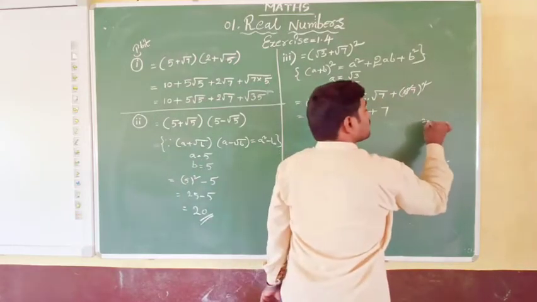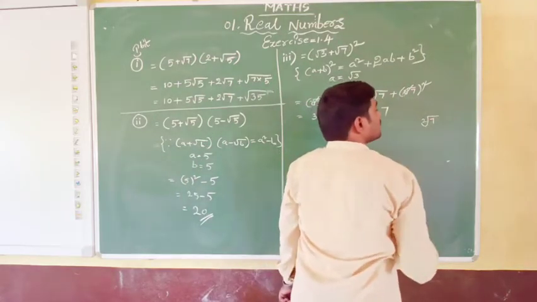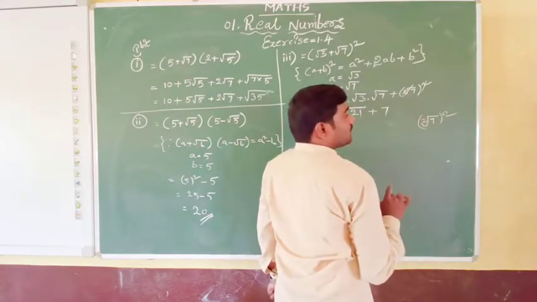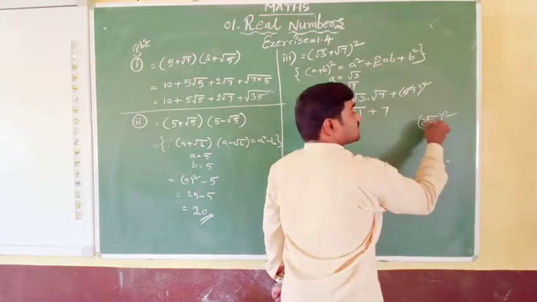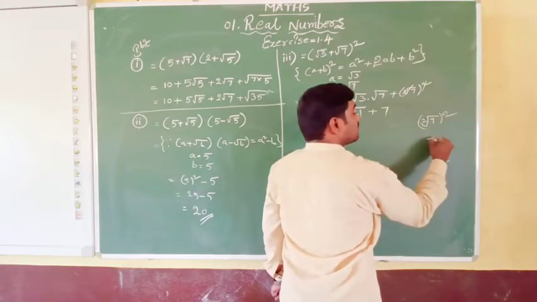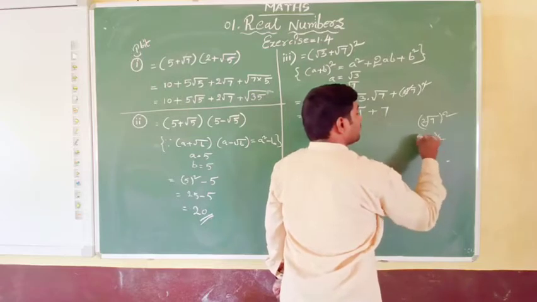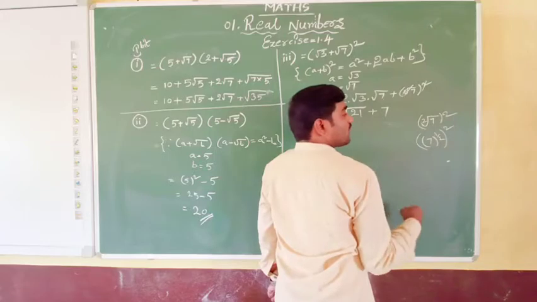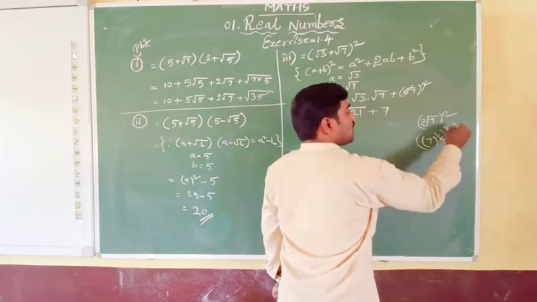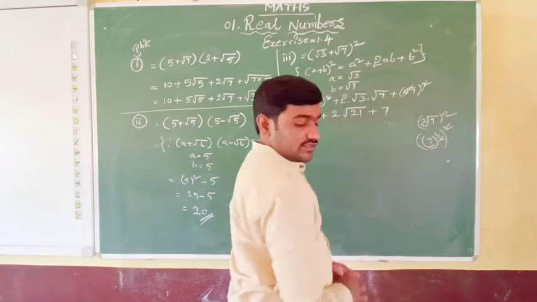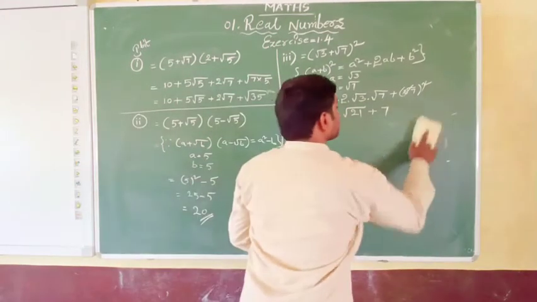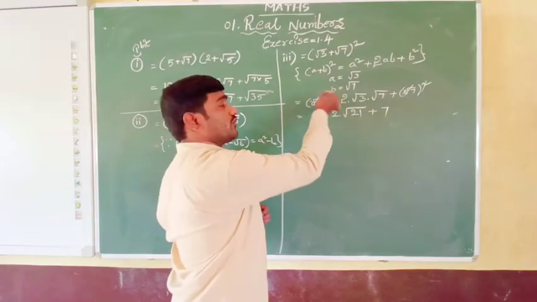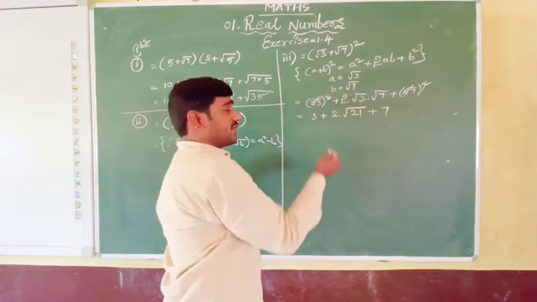How? See, square root of 7 whole square is there. So here square root of 7, this is the radical form. Let's change to the exponential form: 7 to the power of 1 by 2, and then to the power of 2 here. These 2 and these 2 get cancelled, only 7 will be left. In that way I have written that. Not directly, we can cancel the square and square root, cube root and cube, 4th root and 4th power, 5th root and 5th power, it can be cancelled.